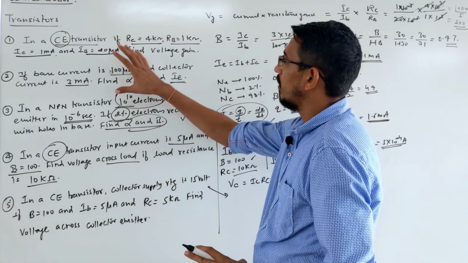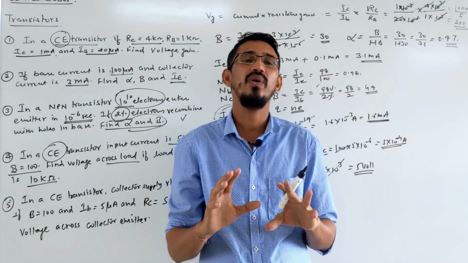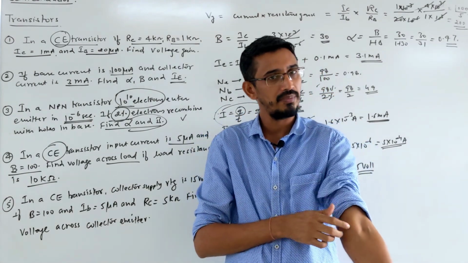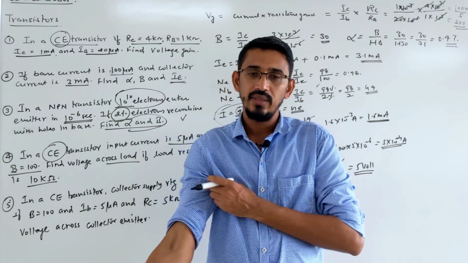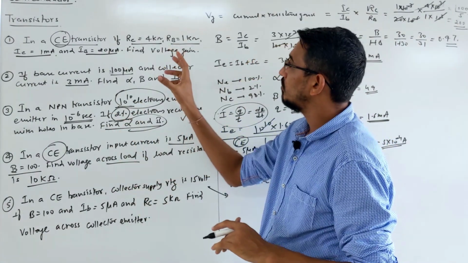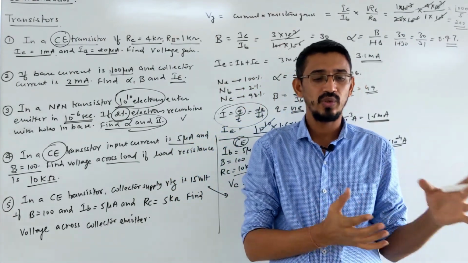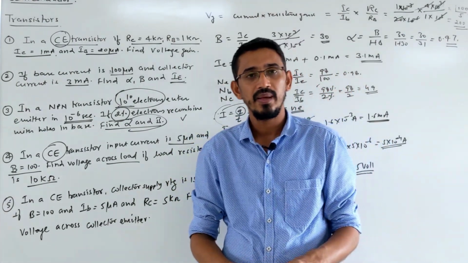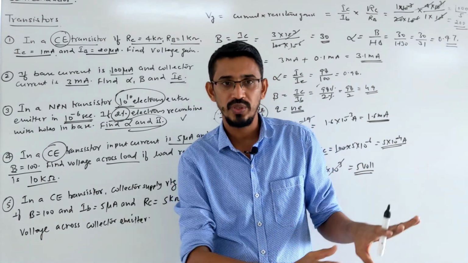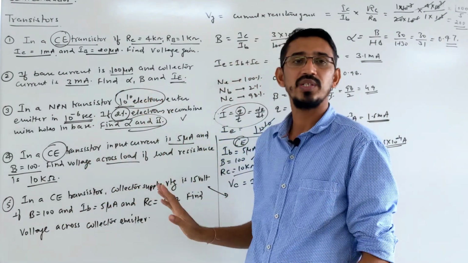So what you have to see is that the current gain first depends upon which configuration is given. You have to understand the configuration carefully: common emitter or common base. Then current gain, resistance gain, voltage gain. Only these two modes they ask in the exam: common emitter and common base. The output is always the collector: collector voltage, collector resistance, collector current. These are all the output side. Input can be either base or emitter current, depending upon which configuration is given to you.